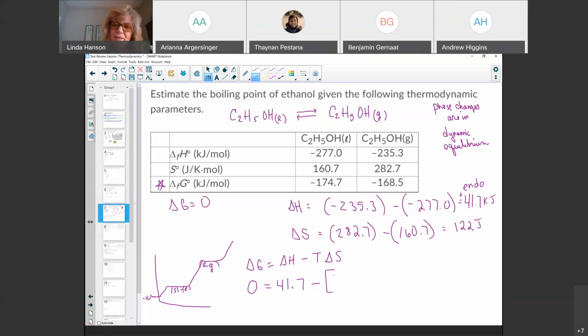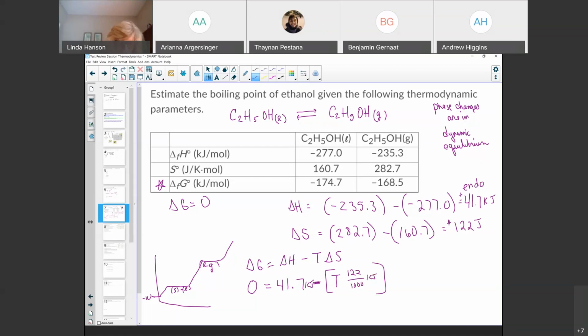And then we need T. This also makes sense that the entropy came out positive because a liquid turning to gas, a gaseous phase, is more chaotic. So that's a favorable condition. And I know that I have to do 122 over 1,000 to turn that into kJ, so we're subtracting like units. Alrighty. So we want to pull out temperature. This is the temperature that would be called the boiling point. And here it's just math from there.